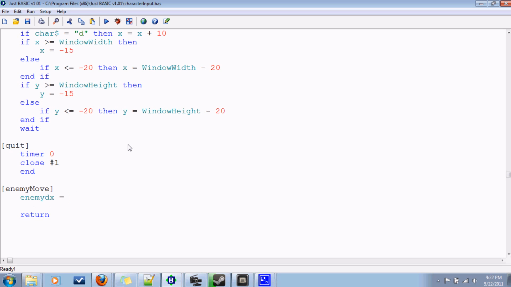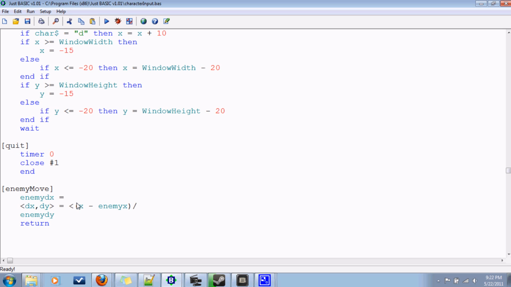Well, the change in distance, it's like a vector, enemy dx and enemy dy, you know, dx, dy, and we'll have this equal to the x of the thing it's trying to chase minus the enemy's x